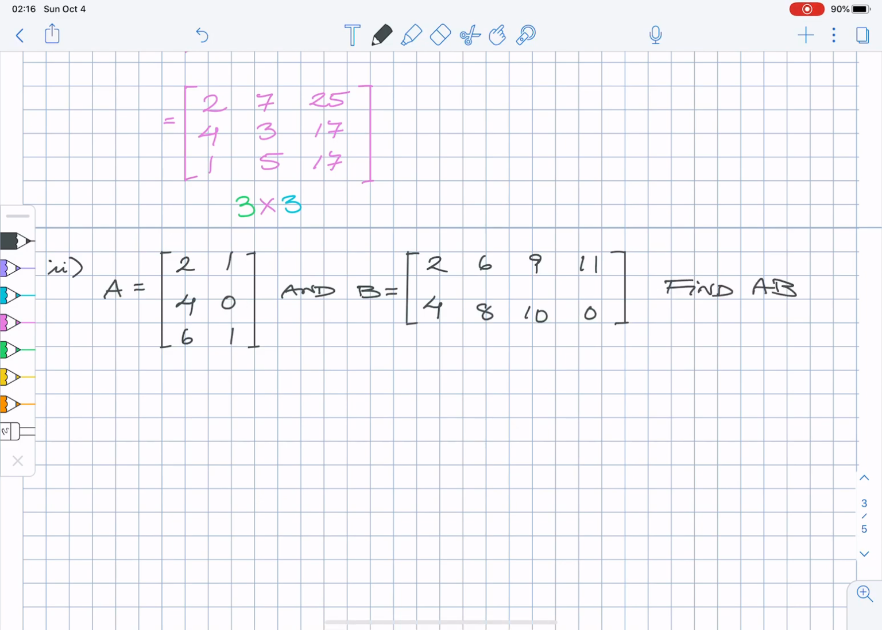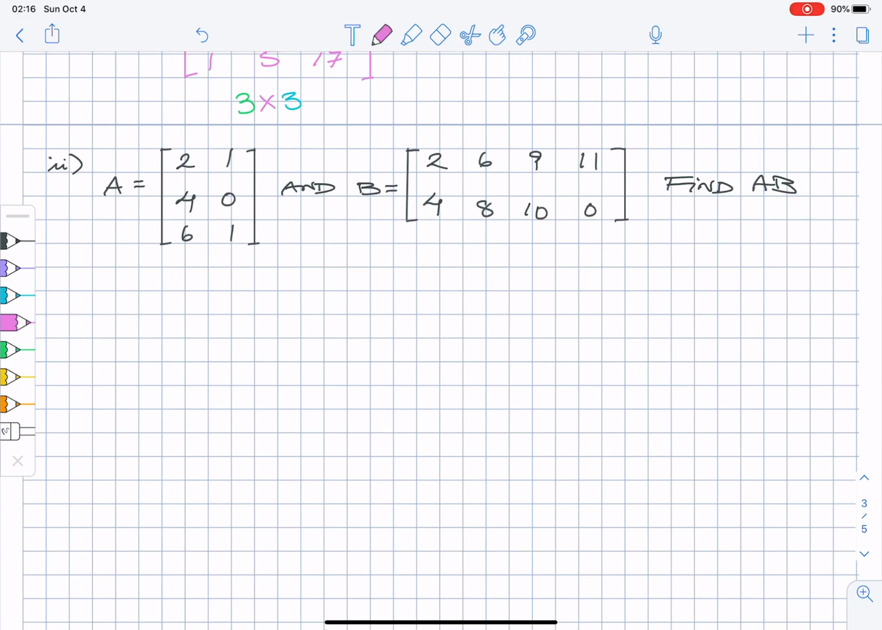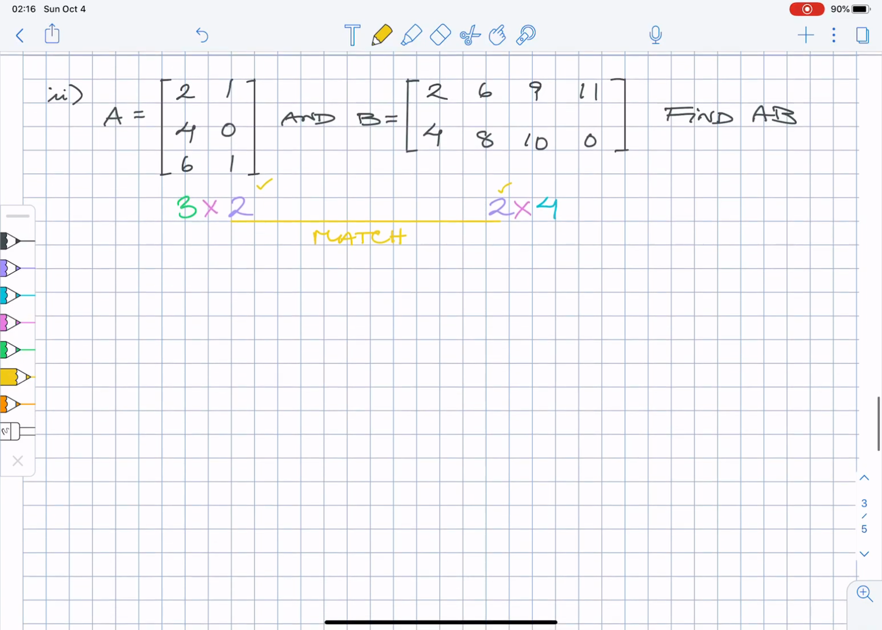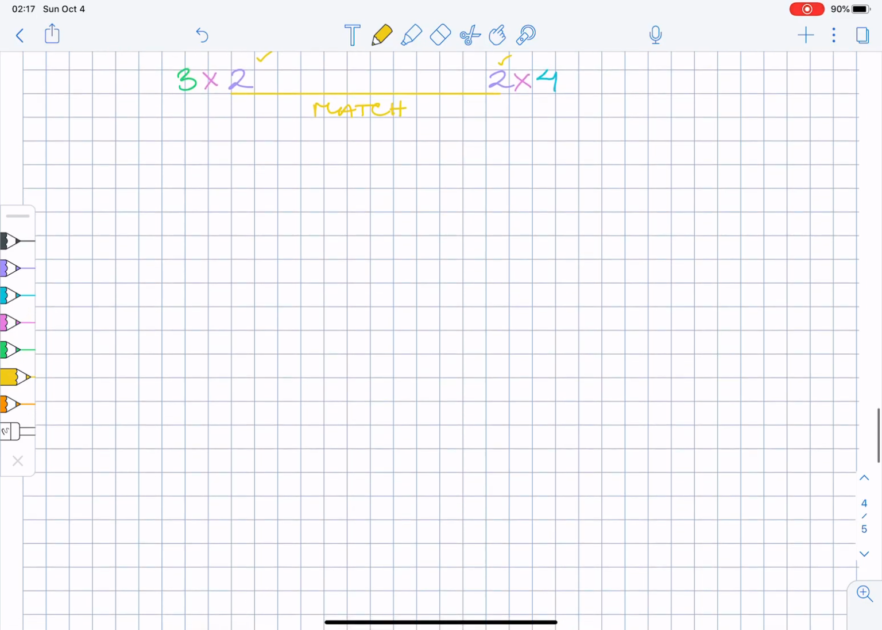Okay, so notice the dimensions. Let's see if the dimensions work for us. This is a 3 by 2, and this is a 2 rows by 4 columns. So yes, the inner dimensions are the same. They match. So we can do the product, and my product will be a 3 by 4. So let's do this, and A times B is going to be